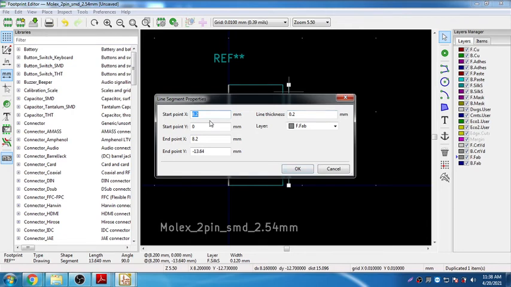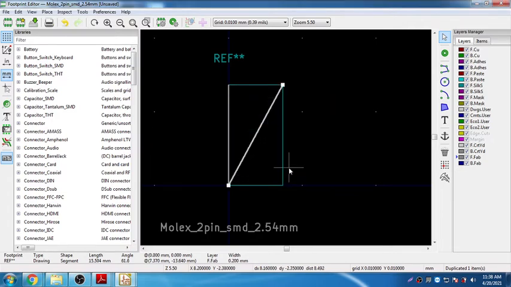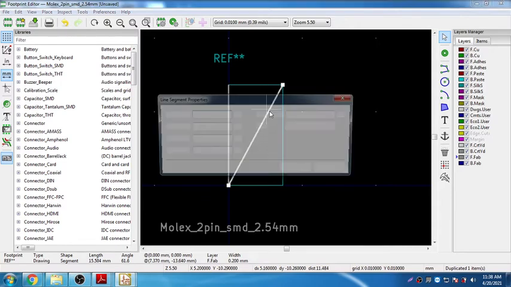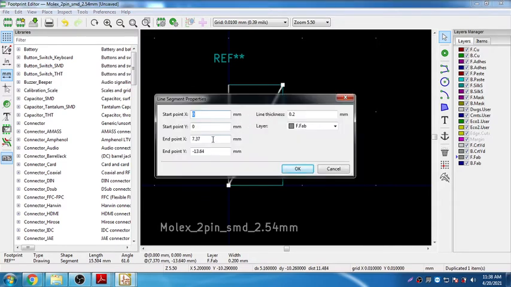So X is 0, starting point is 0, Y also 0, X ending point is 7.37, and this is 13.6 proper, and say edit.